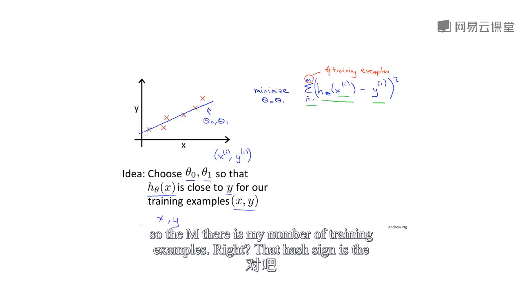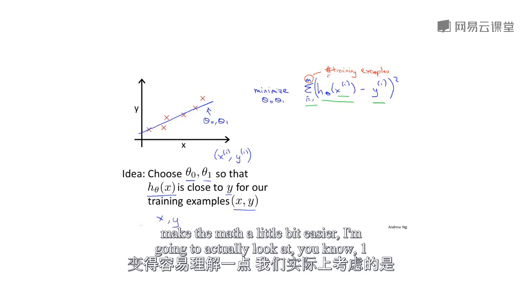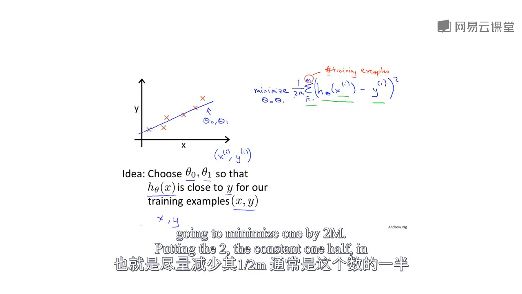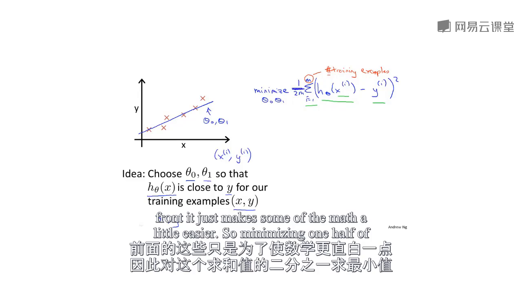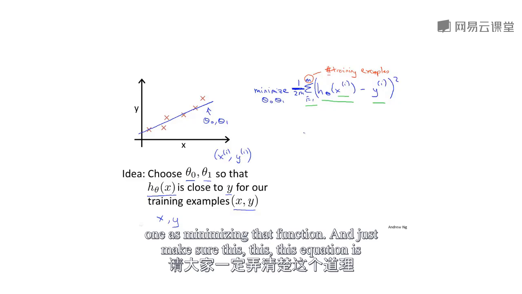That hash sign is the abbreviation for number of training examples. Okay. And to make some of our later math a little bit easier, I'm going to look at 1 over m times that. So we're going to try to minimize my average error, which means minimizing 1 over 2m. Putting the constant 1/2 in front just makes some of the math a little bit easier. So minimizing 1/2 of something should give you the same values for the parameters theta 0 and theta 1 as minimizing that function. And just to make sure this equation is clear,